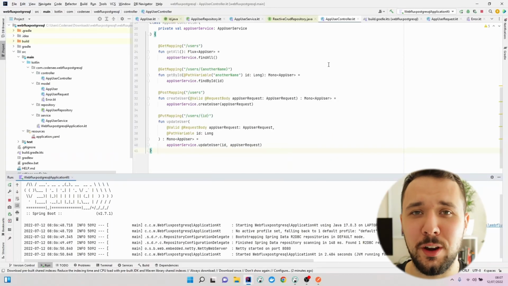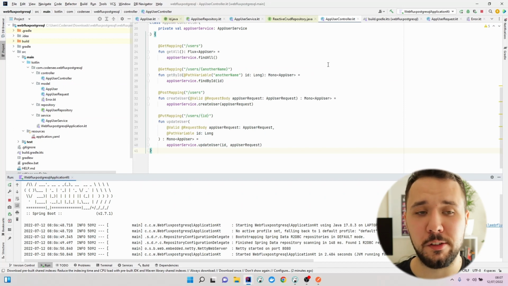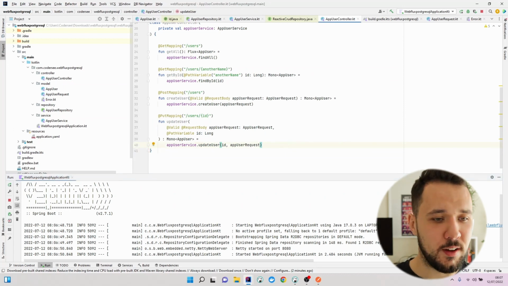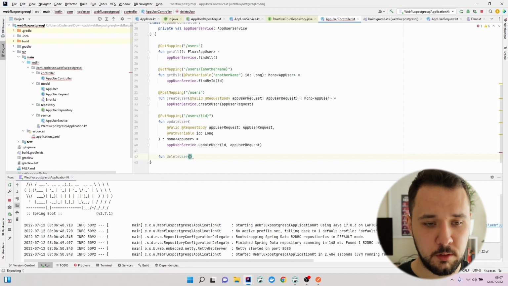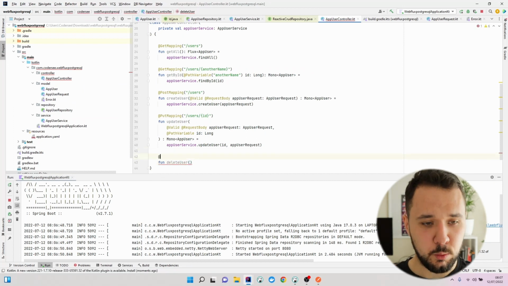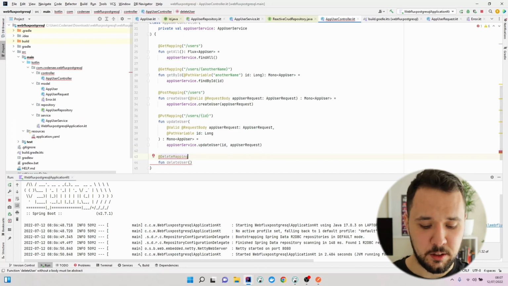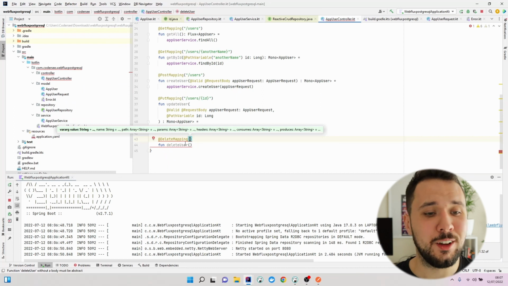So in this video I would like to show you how to create a delete endpoint and remove data from our database. So let's start by navigating to AppUserController and creating a new function, fun deleteUser. What we'll need here will be to put the DeleteMapping annotation to instruct Spring Boot that the delete request should be navigated to this handler